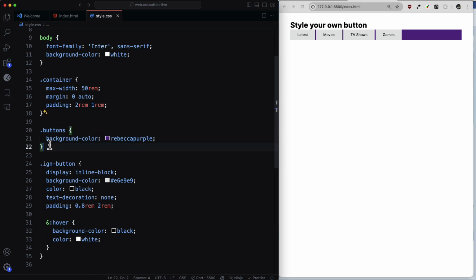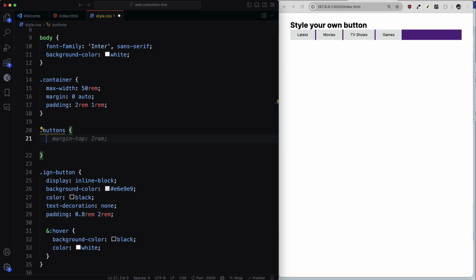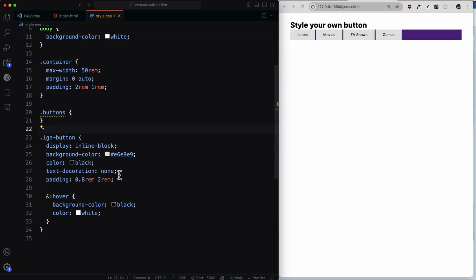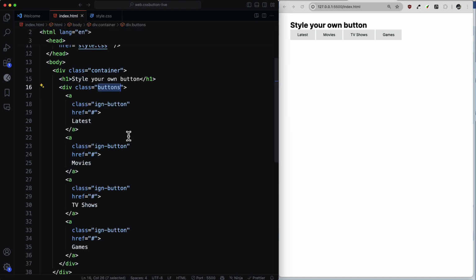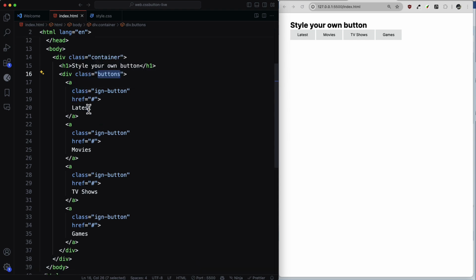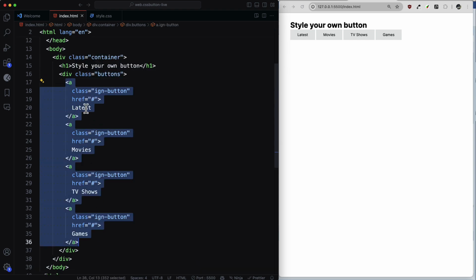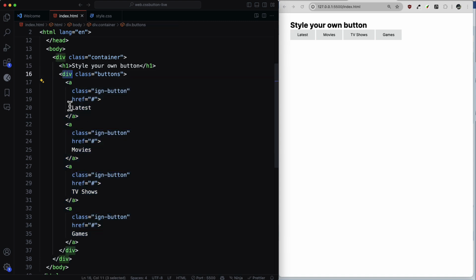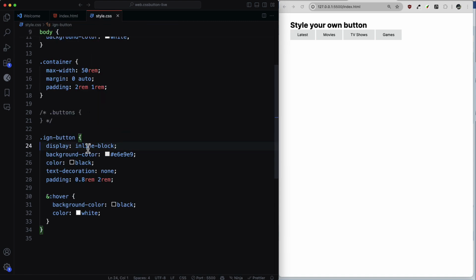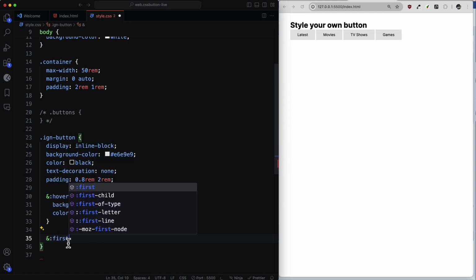But for buttons, I don't want to style anything, at least not yet. So let's keep it as is, empty, and comment it out because otherwise it's going to break the CSS. The only thing I want to use buttons for is to have a common ancestor for all my buttons here, which is this div. So what I can do now is, in the button, I can say if the button is the first child,